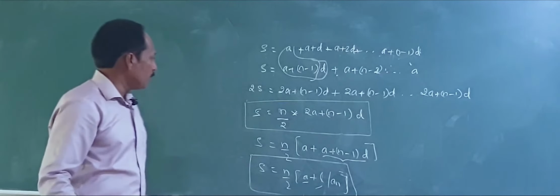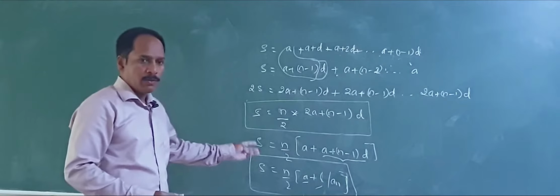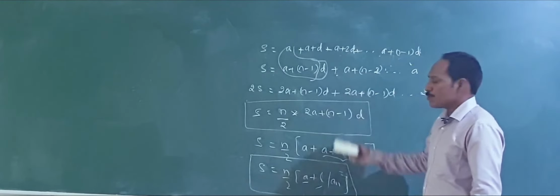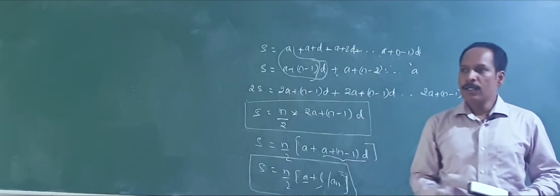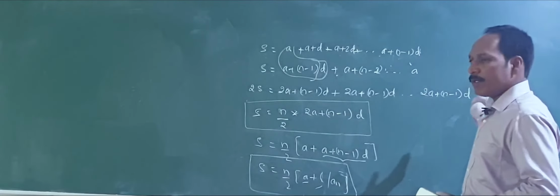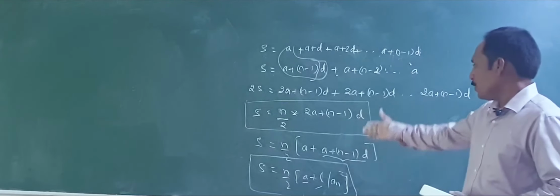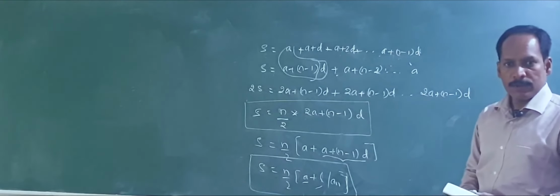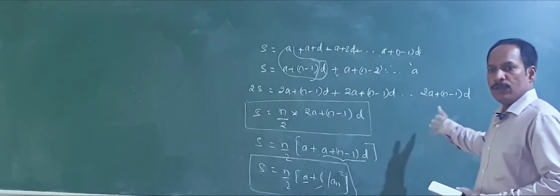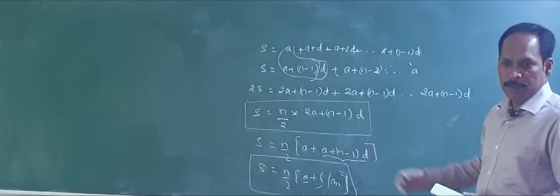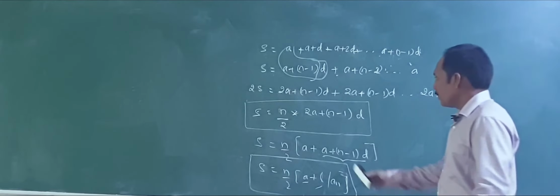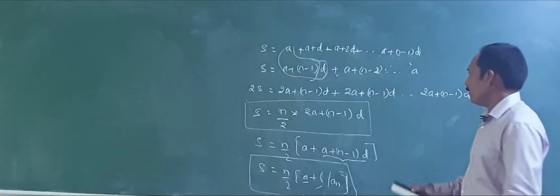Let us get into the previous concept we were discussing, and we'll apply this formula. I think there is no doubt, you can understand this. Very simple. What it means is I add from right to left and left to right, then you will get 2S, that will be 2a plus n minus 1 times d, repeated n times for Sn. So therefore S is equal to n by 2 into this, which is the formula. Quite clear, it's not difficult.